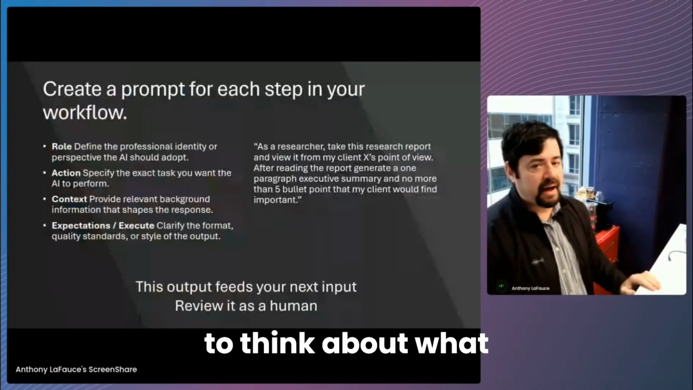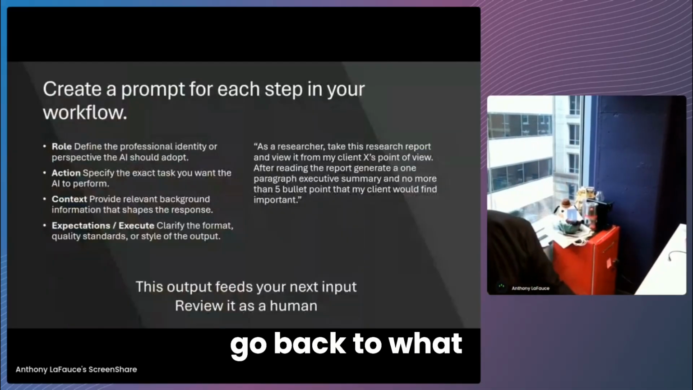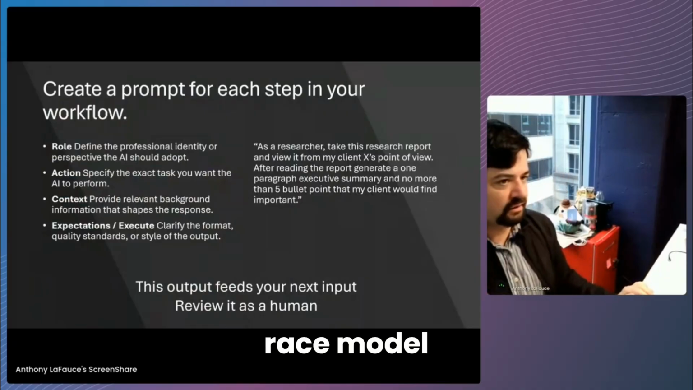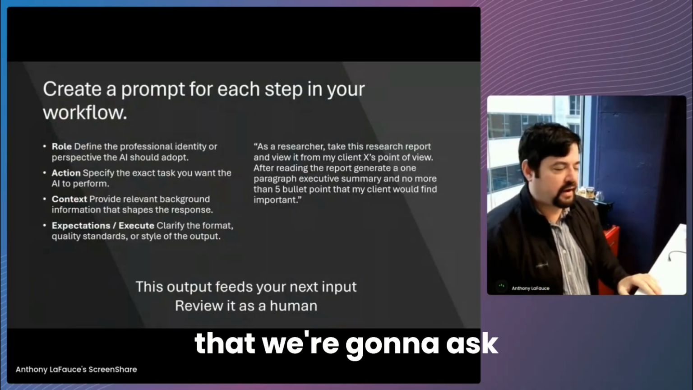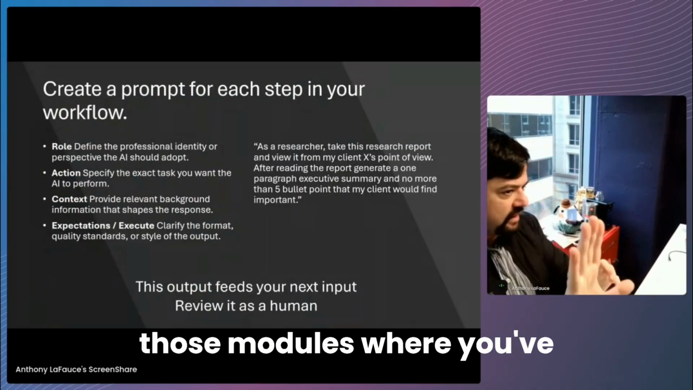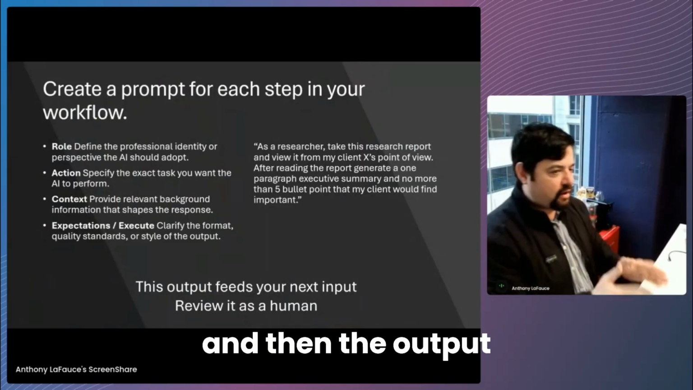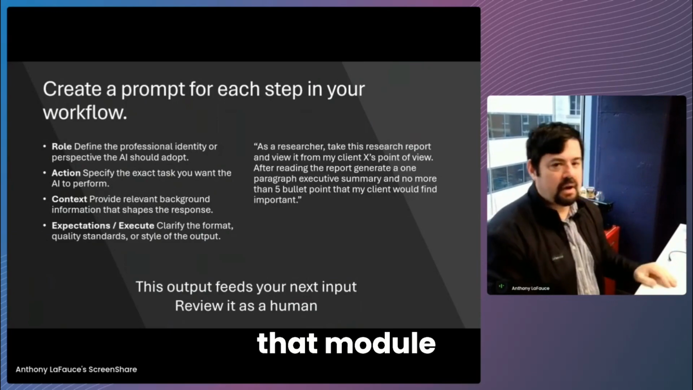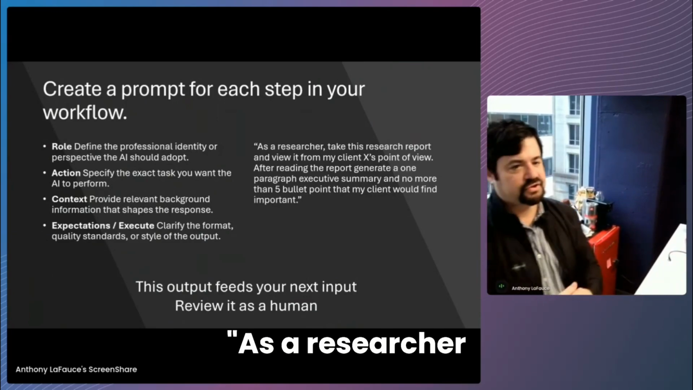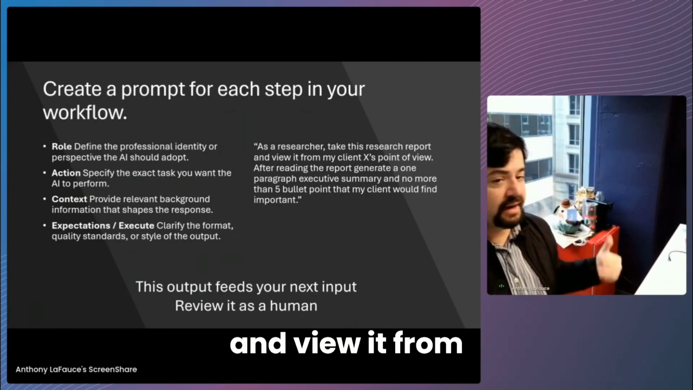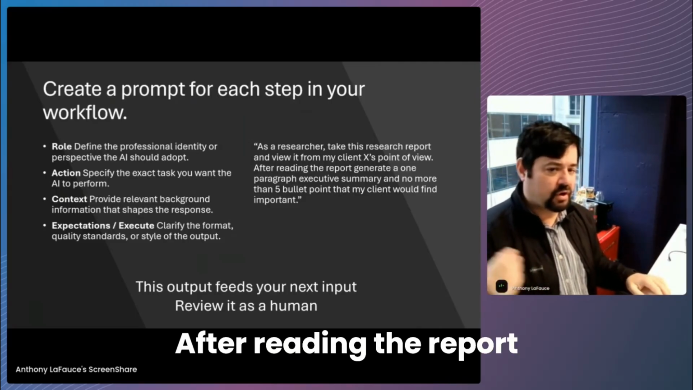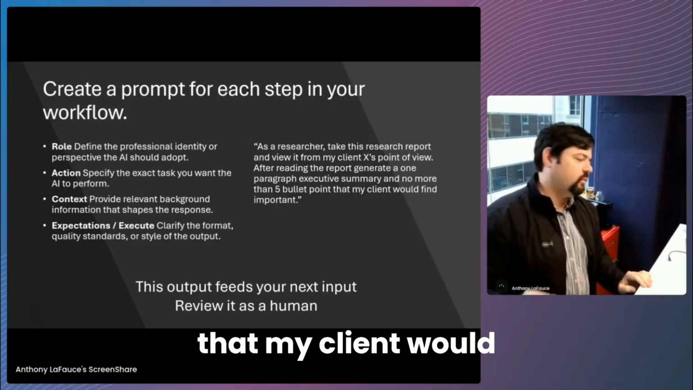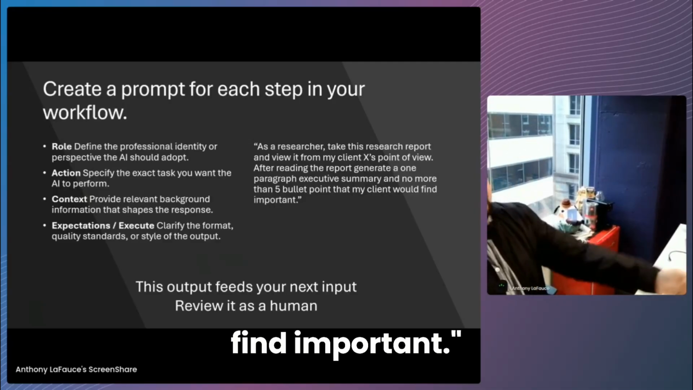And when you start to think about what that prompt looks like, go back to what I mentioned, the thing that you should already know by now: what is that RACE model, right? What are the things that we are going to ask in each one of those modules where you've got an input, the module, and then the output? What are we going to ask the prompt to do in that module? And you see it really here. As a researcher, take this research report and view it from my client X's point of view. After reading the report, generate a one-paragraph executive summary with no more than 5 bullet points that my client would find important. Now you're going to run this